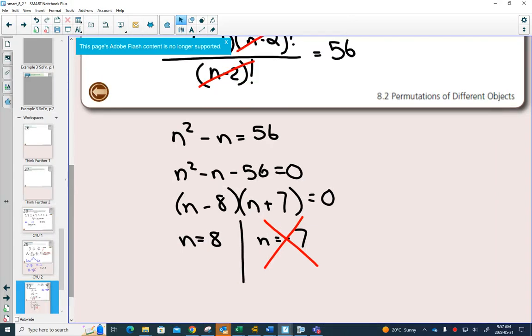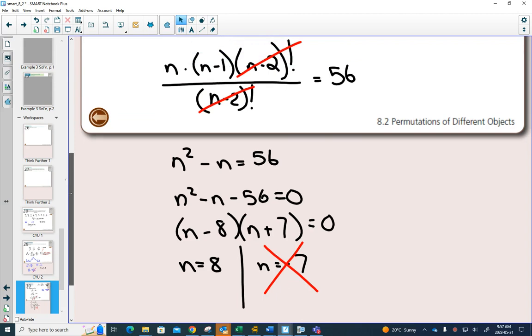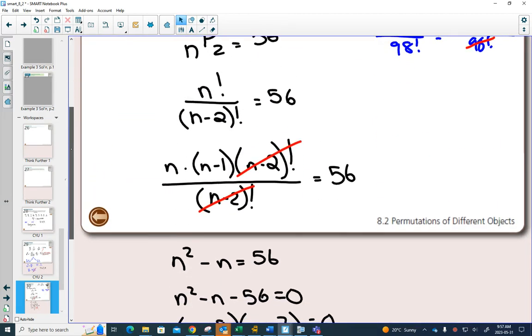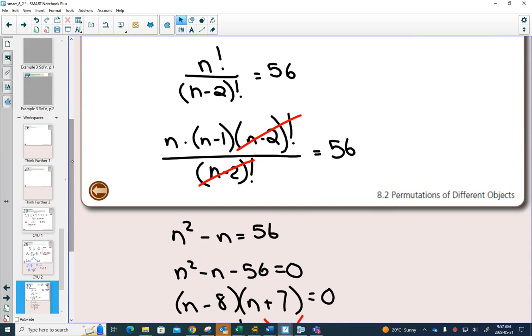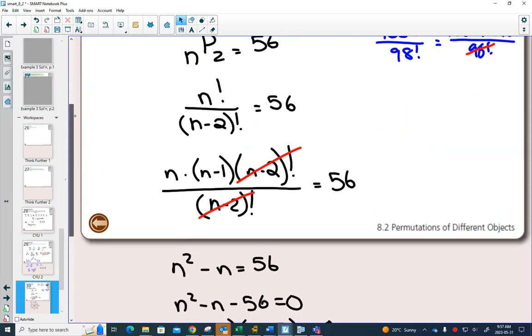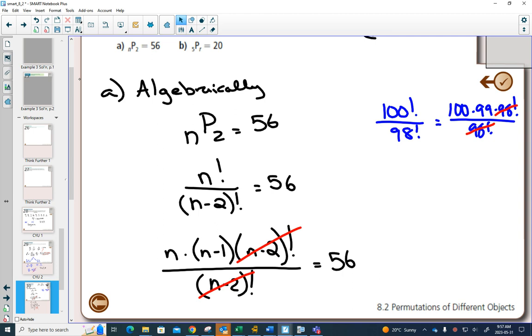This is what it means to solve it algebraically. Algebraically would be using your formula, showing that you know how to simplify factorials by expanding the bigger one until you get to the smaller one, in which case they simplify away. And you needed to factor it and so on. If you were allowed to guess and check,